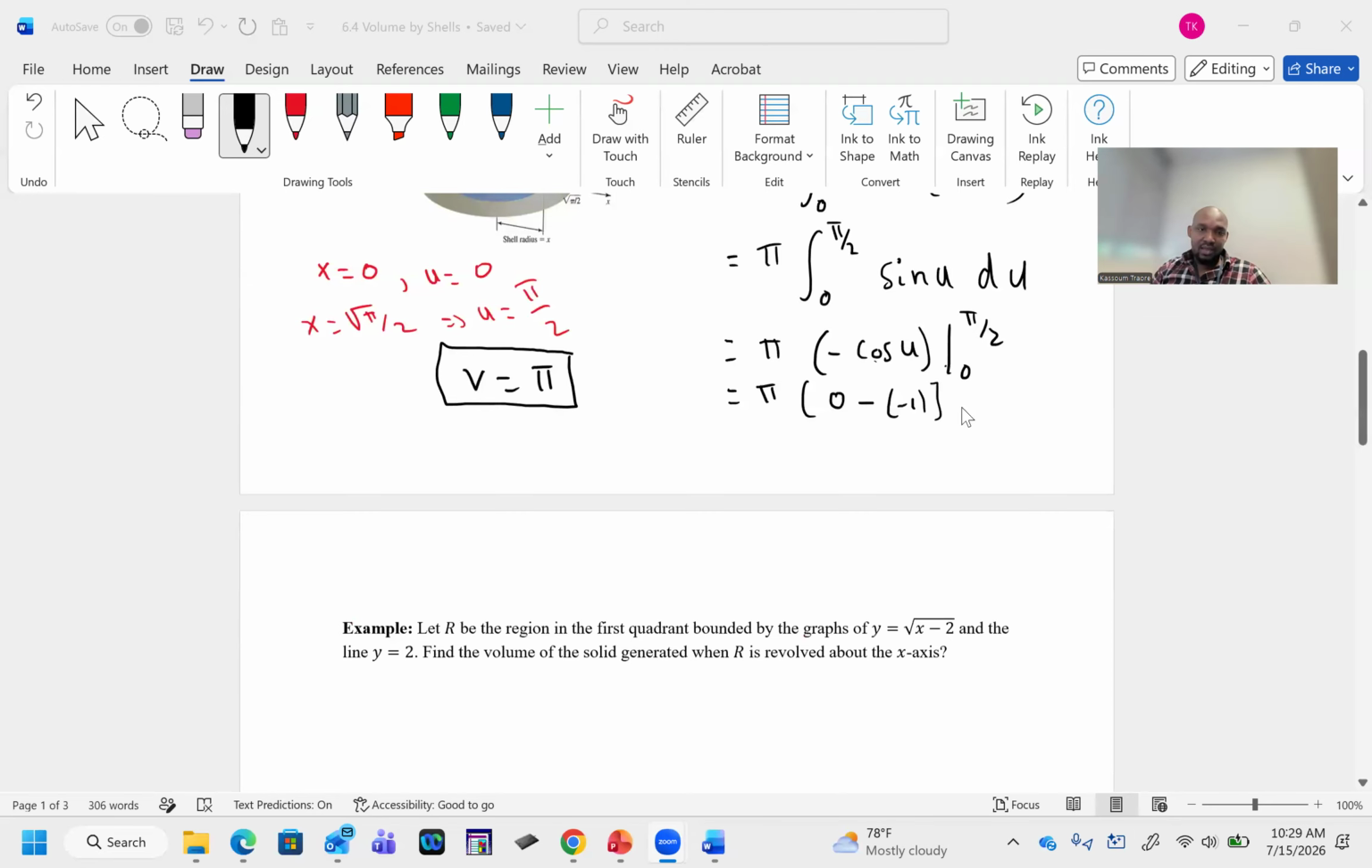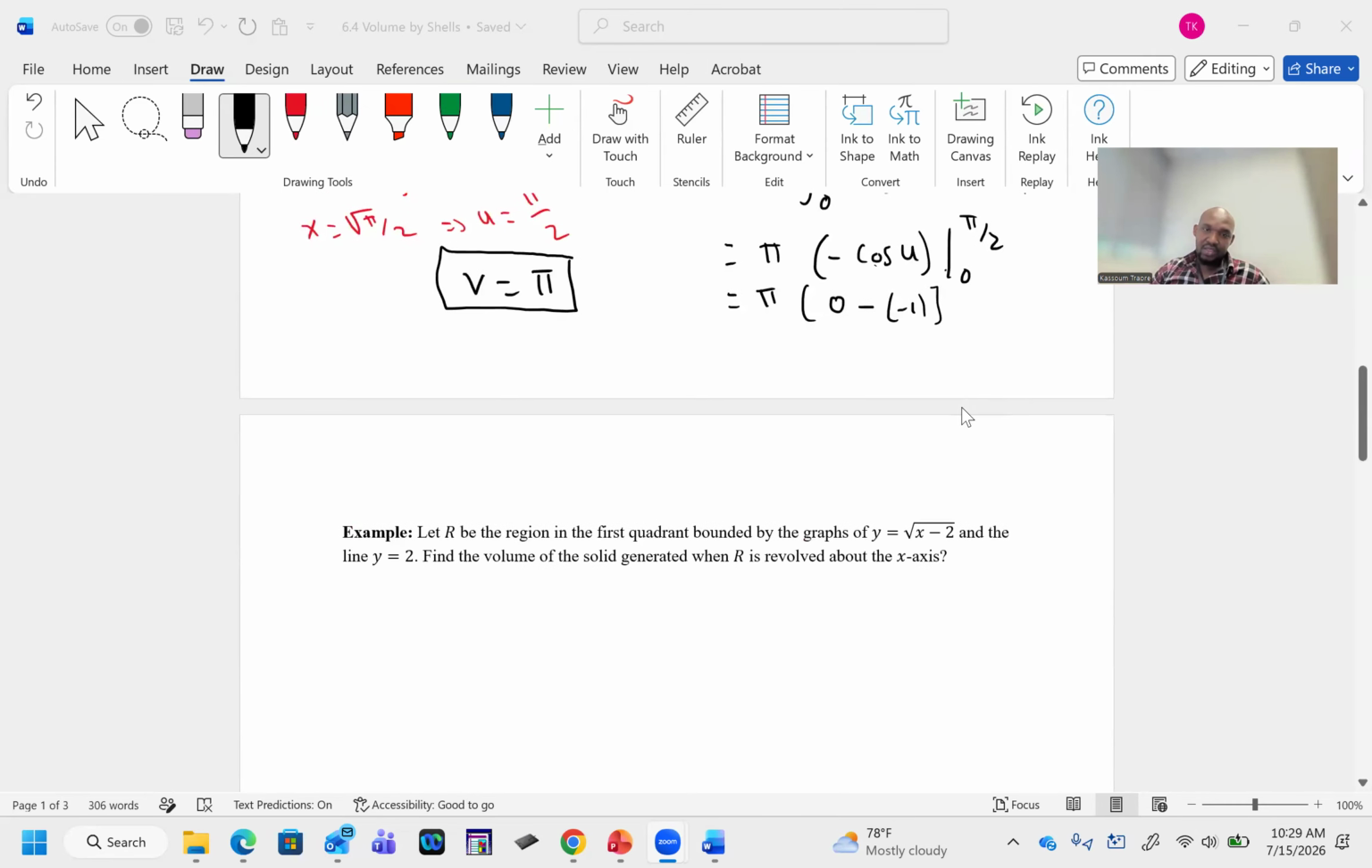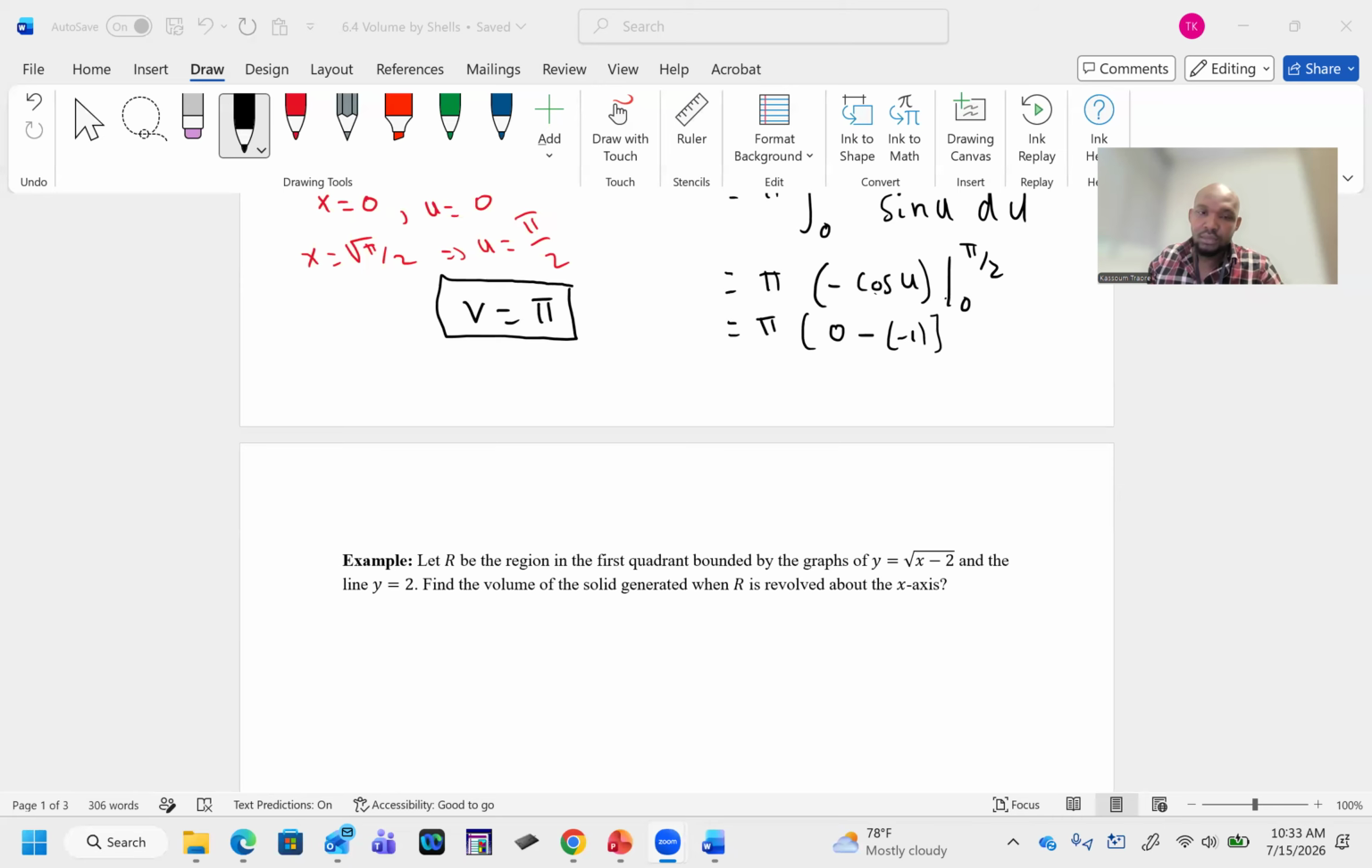In this example, let R be the region in the first quadrant bounded by the graph of y equals the square root of x minus 2 and the line y equals 2. Find the volume of the solid generated when R is revolved about the x-axis. So again,